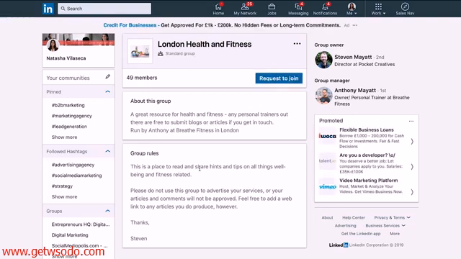Now, one other thing with this is if you're just starting out with LinkedIn and joining loads of groups, it won't let you add like 30, 40 groups at a time if all of them are pending. So I would recommend having a list of groups that you want to join. And then as you get accepted to more and more groups, you can go back to your list and continue requesting to join. The reason that it won't let you join loads of groups at a time is because it looks spammy, like you're just trying to join any group.